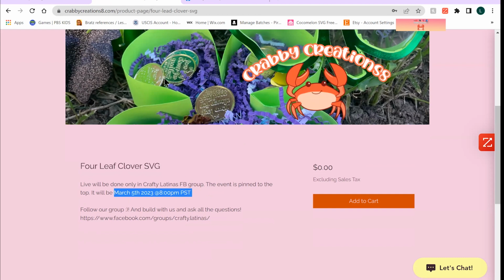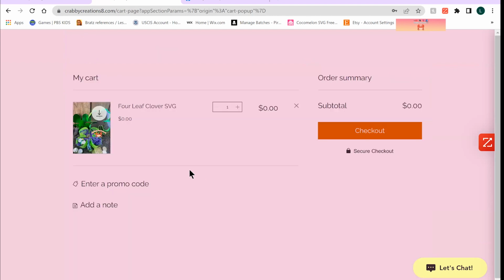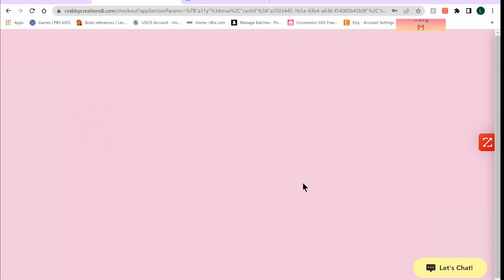Okay, so once you have it, add to the cart, and then you view cart. It's not going to ask for a payment because you're not paying anything. You're just going to check it out that way. So check out,